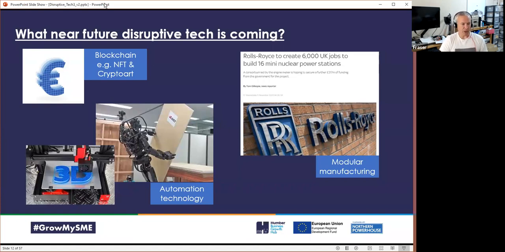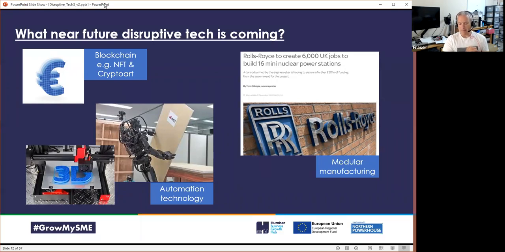Bottom left there, I mentioned automation. I think we're going to see the building trade, the building industry, take advantage of more building robots. And you're probably all familiar with the idea of things like 3D fabrication. We're going to get a lot more ways to emulate and simulate and replicate in a digital world things like the flow of fluids through pipes. And this means our engineering is going to get a lot better, going to have to do a lot less trial and error in the real world.